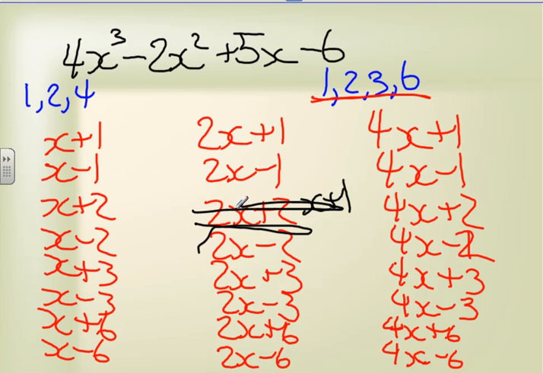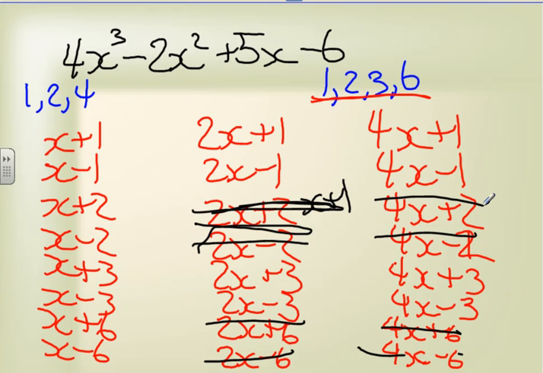So I'm going to cross that out. I'm not even going to bother doing it. I'm going to take any one I can factor something out of the beginning and the end, and I'm going to cross them out. And I'm not even going to bother because they're already covered. And there's all my factors that I'm